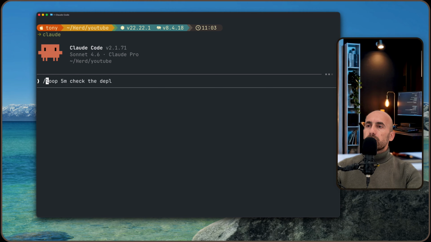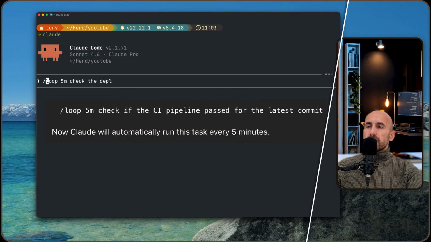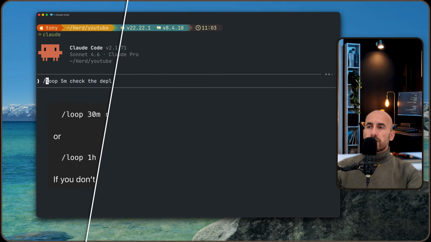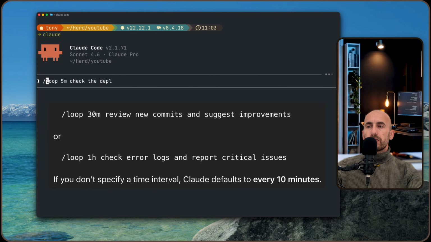Now let's look at a simple example. Imagine we want Claude to monitor a build process. So we run /loop 5m check if the CI pipeline passed for the latest commit. Now Claude will automatically run this task every 5 minutes. And you can also use different intervals. So loop 30m review new commits and suggest improvements, or loop 1h check error logs